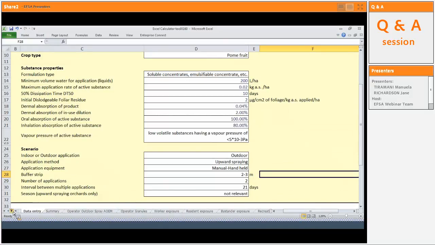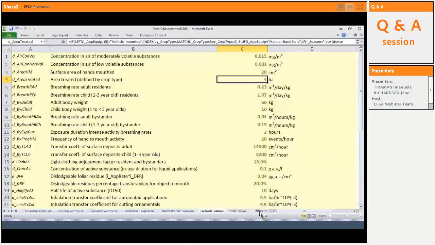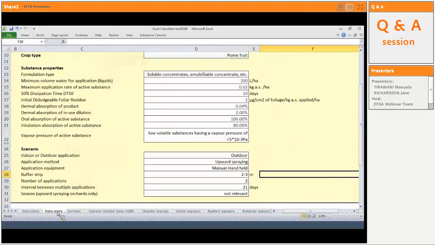However, any of the default values that are in this sheet are fixed. So I think that hopefully is pretty clear for you. If it's in the input screen, you do have the chance to change it. However, if it's in the default values list, those ones are fixed within the application. The reason behind this is that